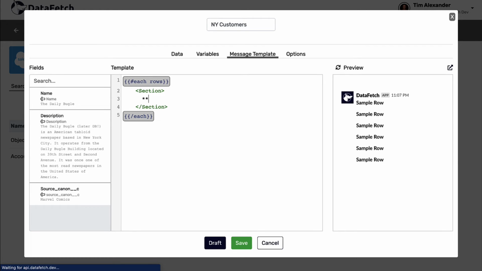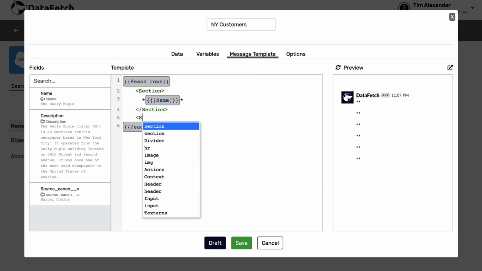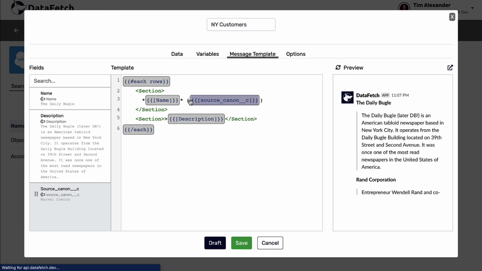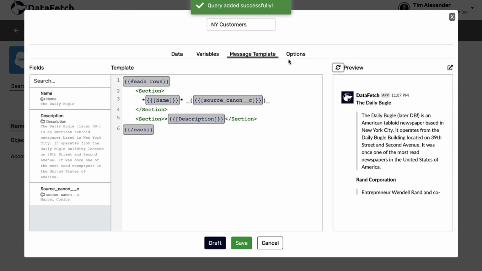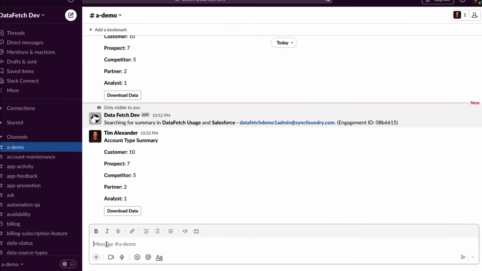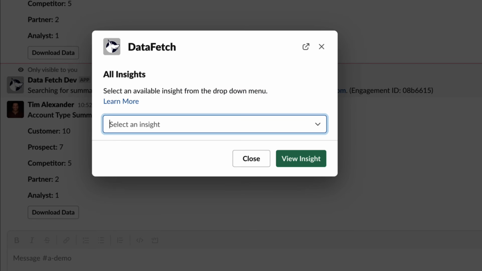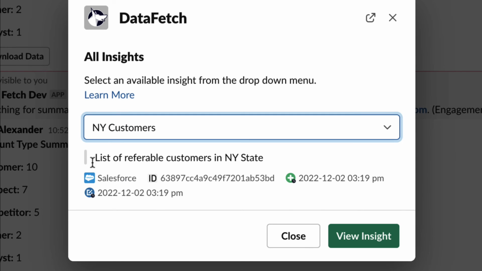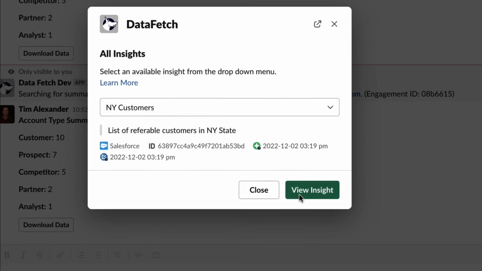And you can use Markdown for some of this stuff as well if you prefer that methodology in Slack. All right, and let's just, for the sake of it, turn off this download option, and let's also give it a description. List of referenceable customers in New York State. So now I can go right back here, you can see my New York customers. You can see a small description actually showing up. And if I view Insight,